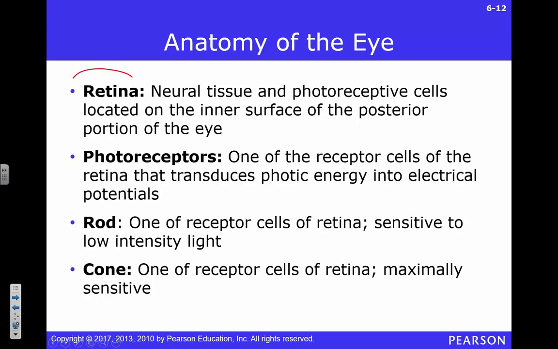All right, so you've got a retina that's on the back of your eye. How many of you have been to the eye doctor? Yeah, I can take a wild guess as to how many of you have been there. When they shine that bright light in your eye, that's not just to torture you. I mean, it partly is, but it's also partly to see the back of your eye, the retina, right, because they want to look for retinal health.